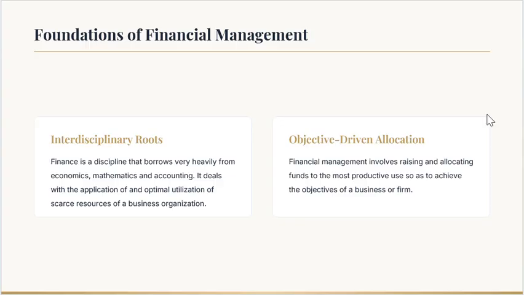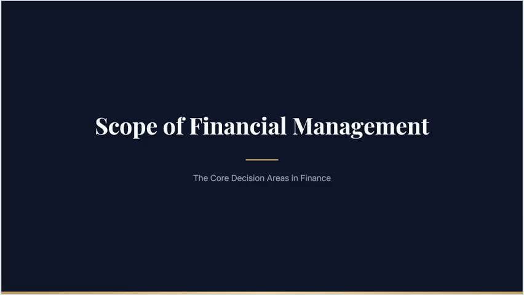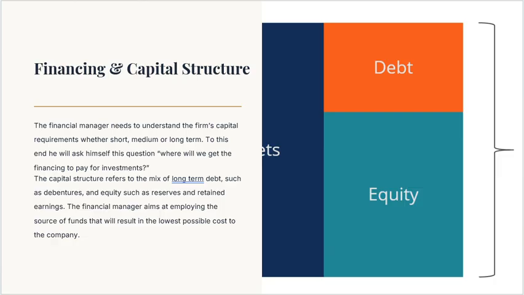Now, on a day-to-day basis, what does financial management involve? What are the key decision areas that the finance manager makes on a day-to-day basis? The finance manager will make four major decisions. I'll begin from the first one, what we call the financing or capital structure decision. Capital structure is the combination between debt and equity that is used to finance the affairs of a business.